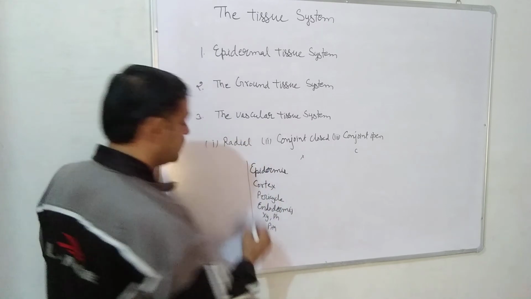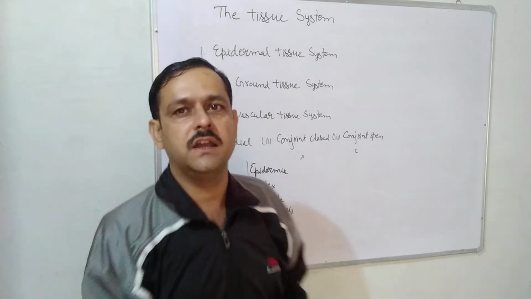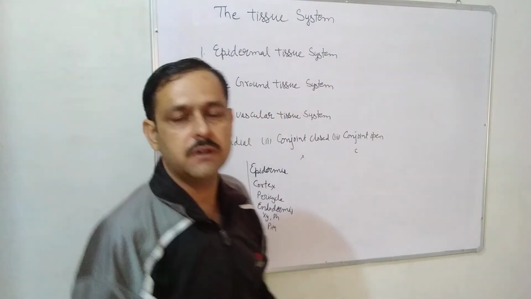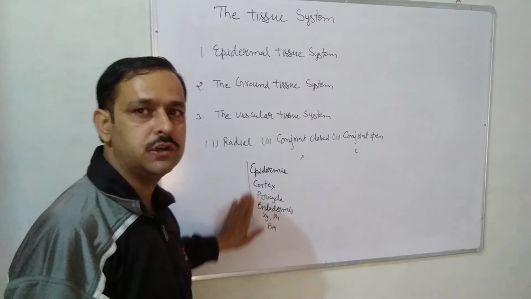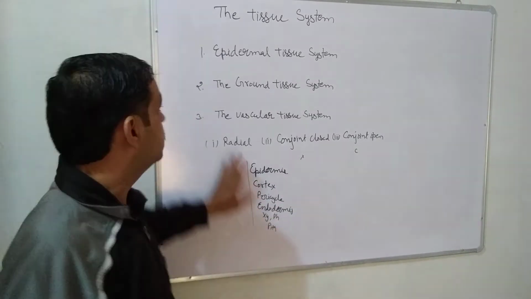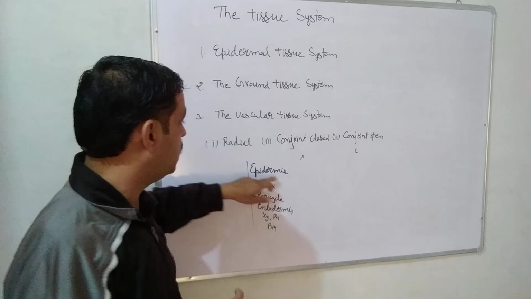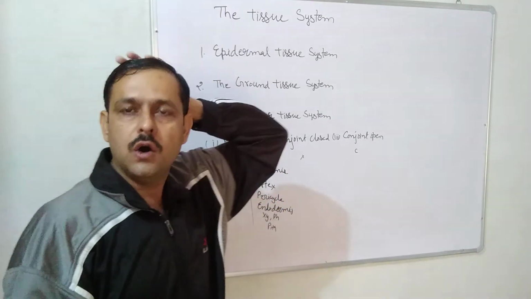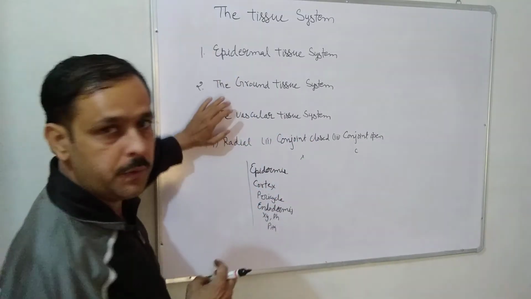When we talk about the anatomy of plants, anatomy means the internal structure of plants. So whenever we see the internal structure of root and stem, these layers are shown. Okay, then on the location where they are situated, where the epidermis, where the cortex, pericycle. So on the basis of structure and location, the tissue systems are of three types.